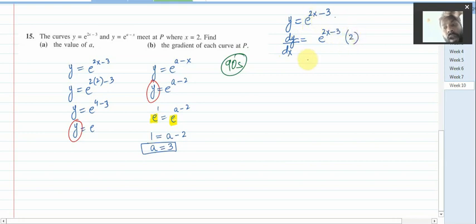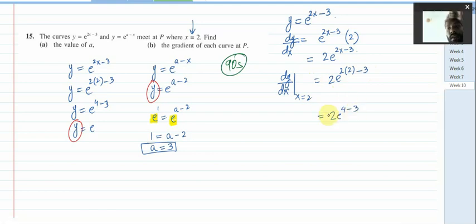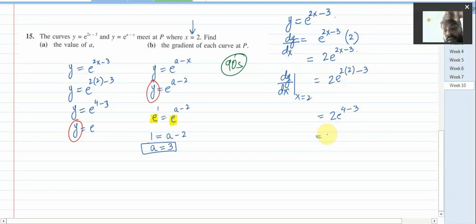So I got the derivative: dy/dx is 2e^(2x) minus 3. We have the value of x, which is equal to 2. So dy/dx at x = 2 is 2e^2 minus 3, with x being 2. So it will be 2e^4 minus 3. And further you can say that it is equal to 2e^1, that is your gradient